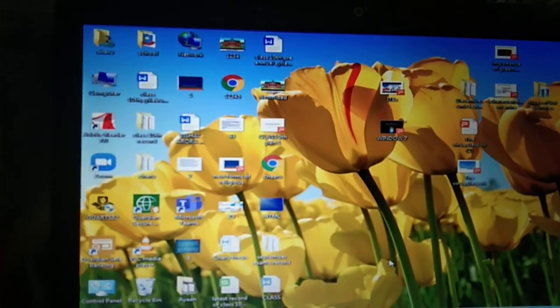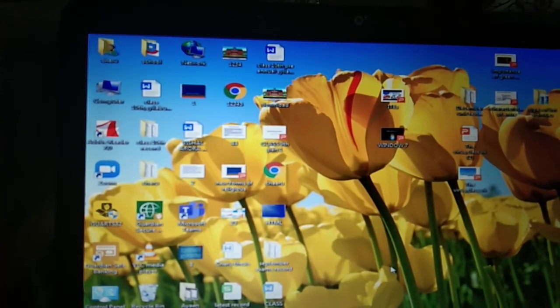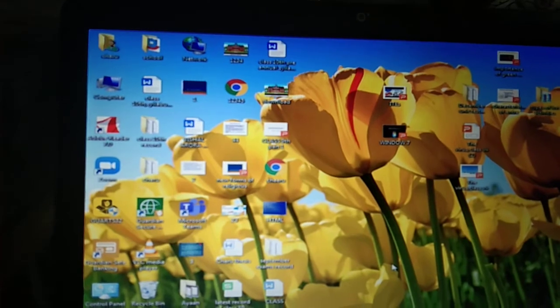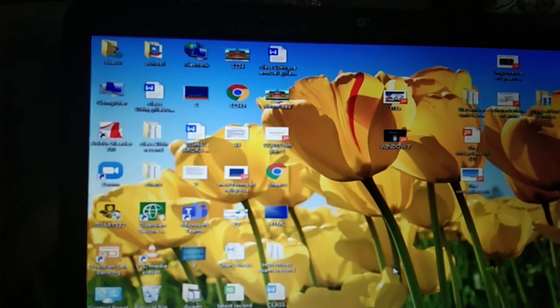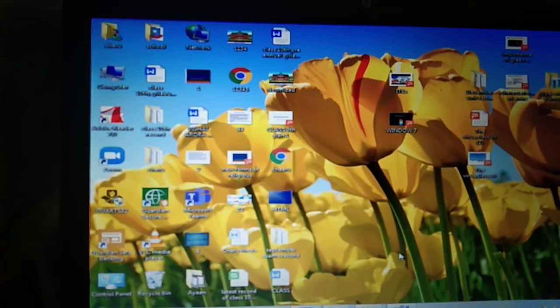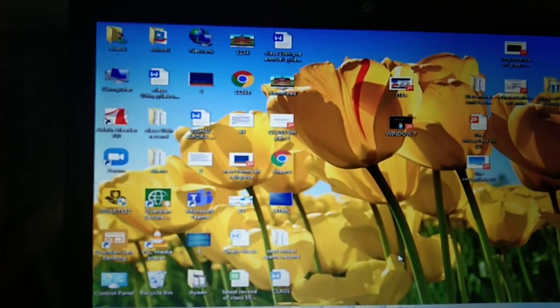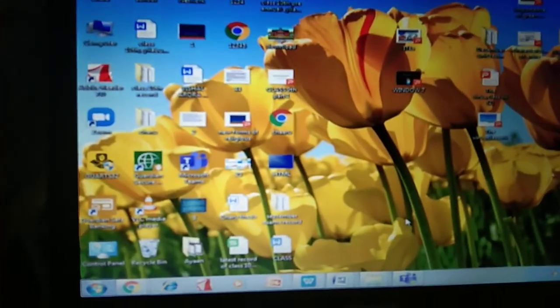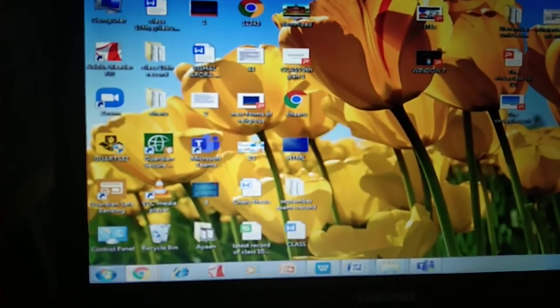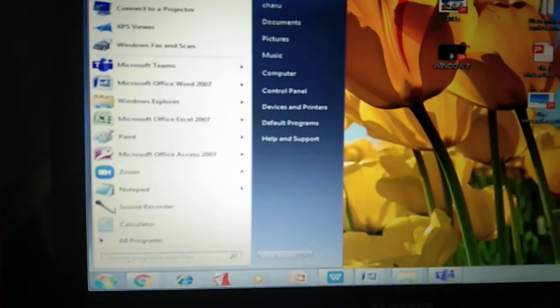So, let's start with our new unit, email messaging, that is unit 5. Our first topic is working with calendars. If you want to use your email messaging services, you must have Outlook. Now what is Outlook and where should it be opened? First, click on the start button.